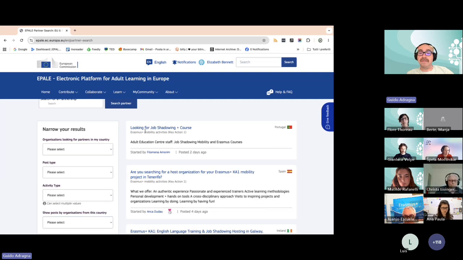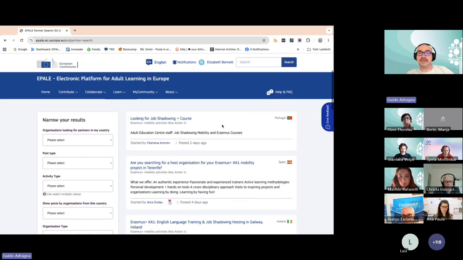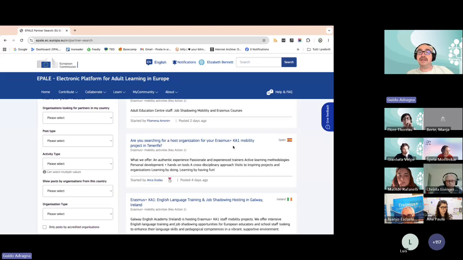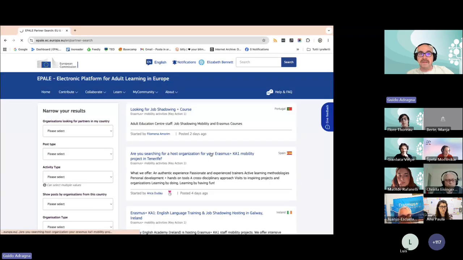For instance, the partnerships here are listed from the most recent to the oldest. Okay, so for instance, you can look at an organization from Portugal looking for a job shadowing. From Spain there is a request for an Erasmus KA mobility project. Okay, then for instance, let's click on one of these requests,